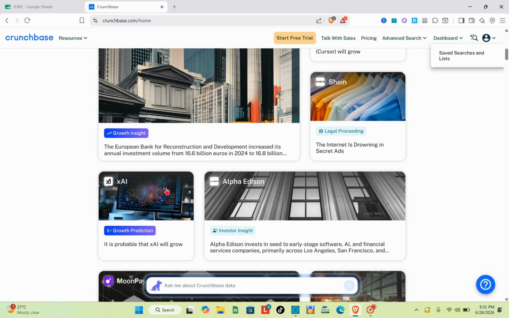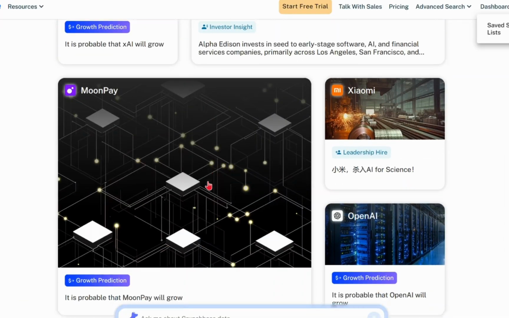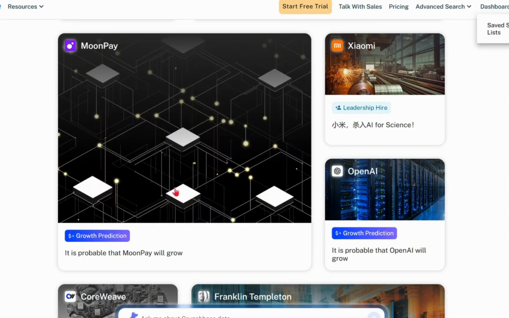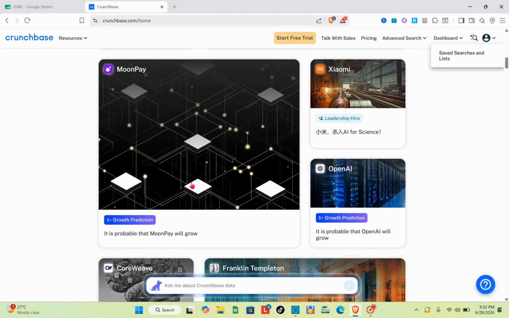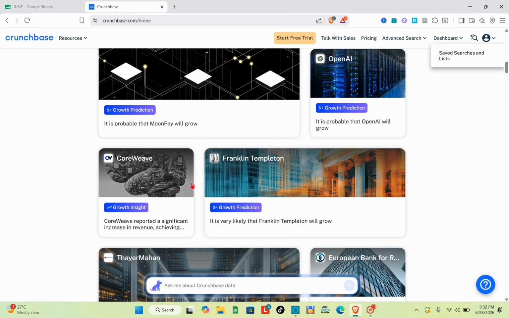Instead of searching Google for every company individually, Crunchbase organizes the business information in one place. This can save hours every week. Next, it helps you find growing companies. One of Crunchbase's biggest strengths is its funding data. If a startup recently raised millions of dollars, there's a good chance they're hiring employees, purchasing software, investing in marketing, or expanding